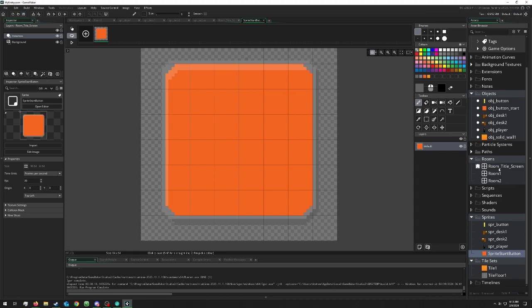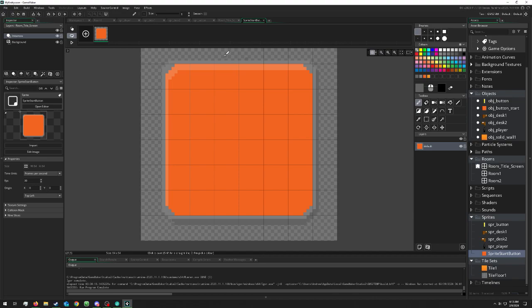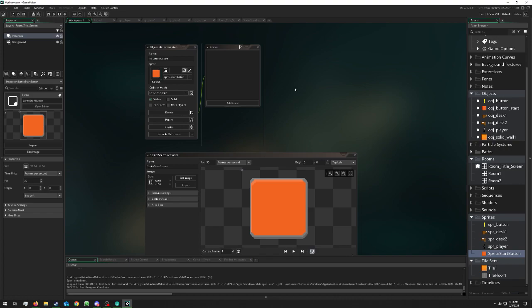Let's go ahead and save. We will go back to here. It looks like I missed a little pixel up there. There it is right there. There we go. That's not a bad looking button. Not to begin with, anyway. Okay. So now we have our sprite for our button, which is our image. And then we have our actual object of a button that we could place in the world and do different events with. Okay. So the next step,